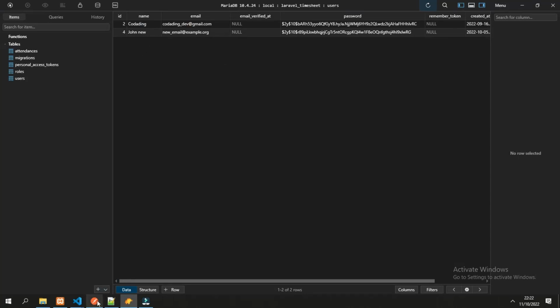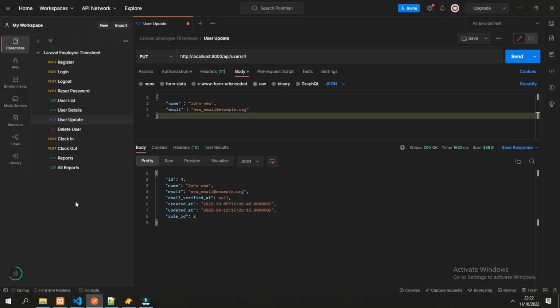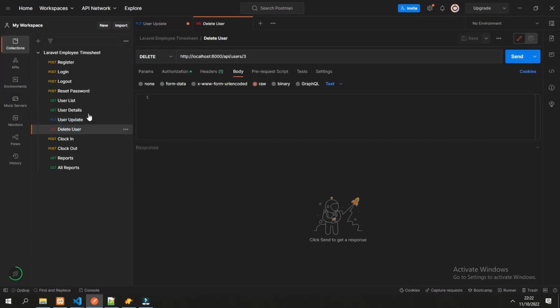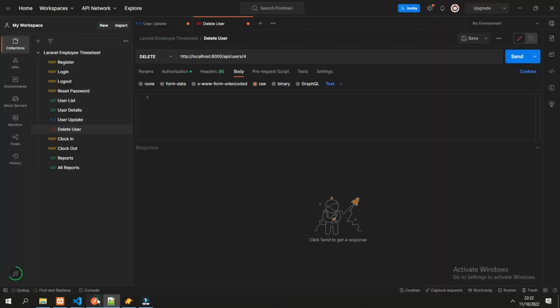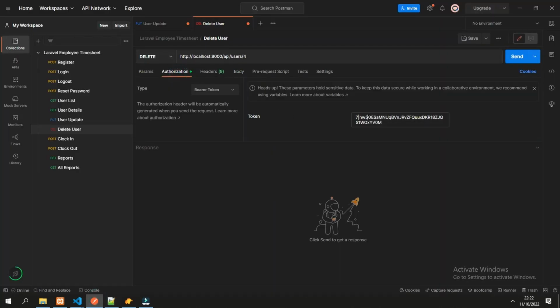And for the delete, the only user that can do the delete function is the admin role. So let's try to use the employee role first. Change the authorization.